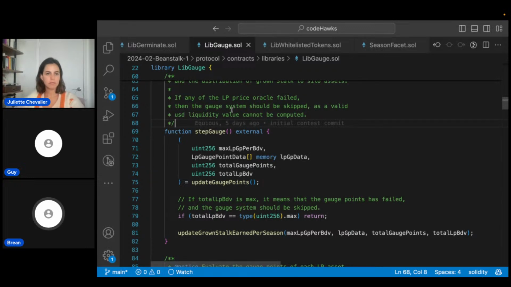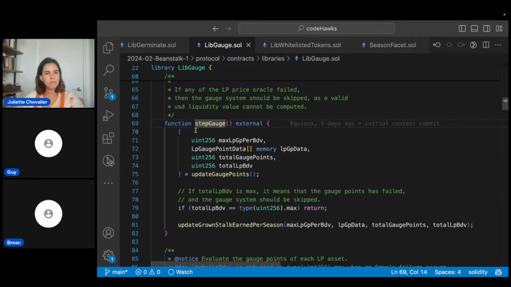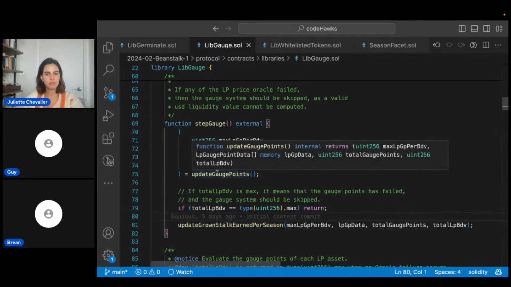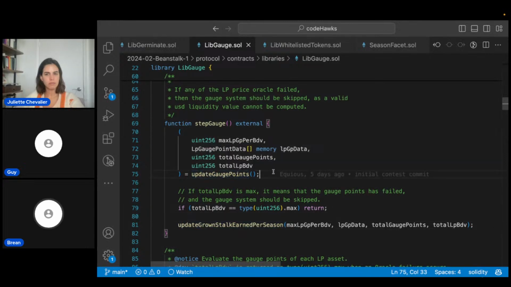So the stepGauge function is the biggest function here, and it is separated into 2 parts: updateGaugePoints and updateGrownStalkEarnedPerSeason. The updateGaugePoints part is where it evaluates the current state and then updates this parameter called the gauge points. So for context, Beanstalk does this